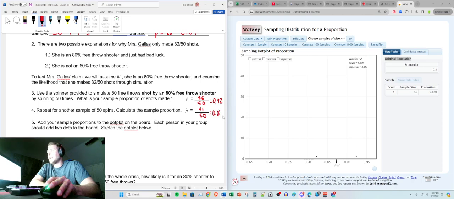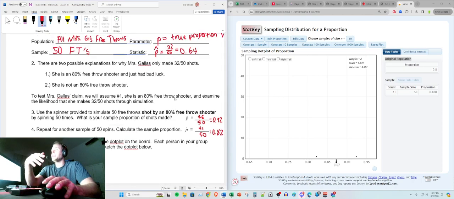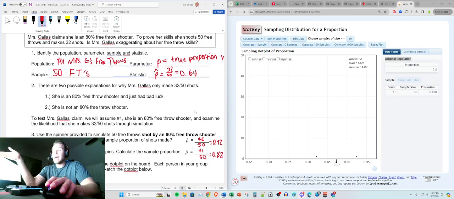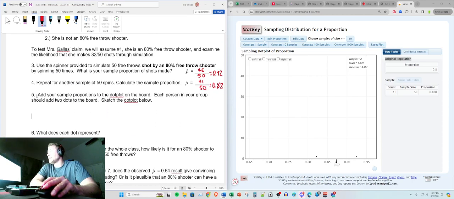So far, we have not yet had a random sample of 0.64 actually happen yet. Okay. Now it says add the sample proportions to the dot plot on the board. Well, I'm just making mine here on the